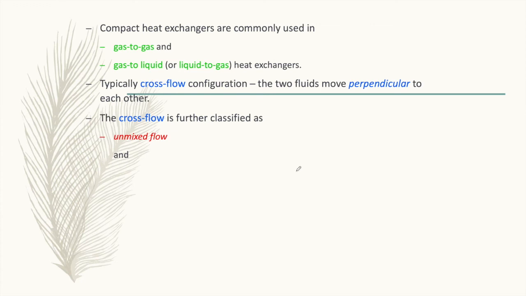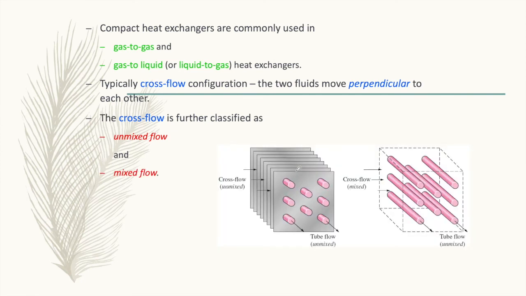One is unmixed flow, and the other one is mixed flow. What is the difference between these two? The difference is only on the fin. Okay, as we can see here, for the cross flow, this is unmixed, where you can see that